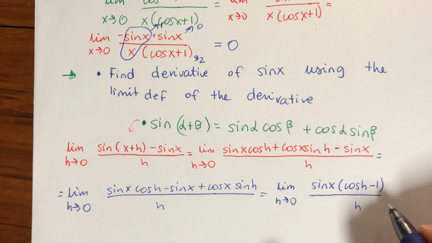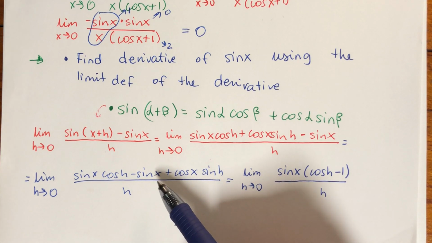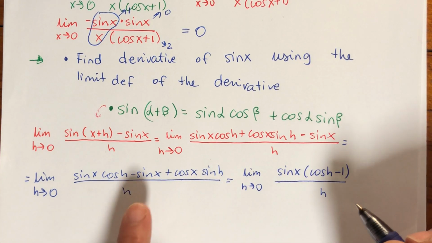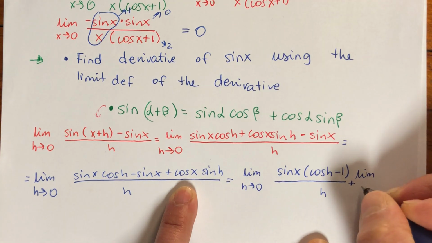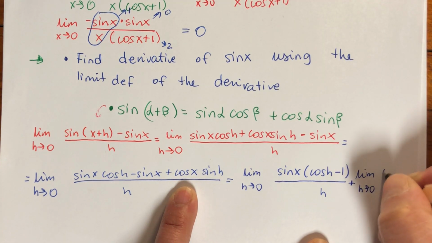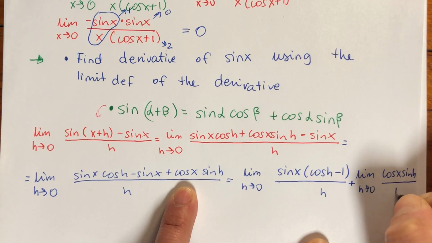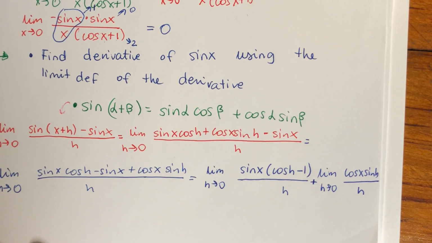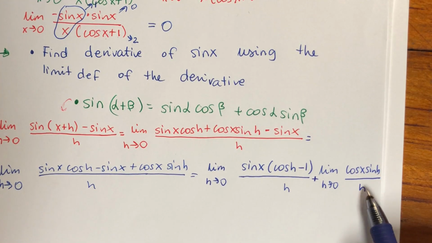And I know where I am going with this, and I know that I want to split this. So my next expression is going to be the term with the cosine, and because I'm going to split this, I am allowed to write this as a sum of two limits, as h approaches 0, cosine of x sine of h divided by h. Again, this is still problematic because h is approaching 0 in the denominator, so this is really not giving me much. However,